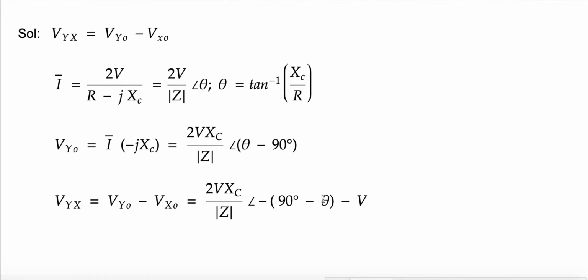Because this angle is positive. 90 minus theta is always positive. That is the reason why we converted this to a negative angle. Okay, so we can clearly see here the real part can be positive, can be negative, depending upon the relative values of these two. But the imaginary part is always negative. Okay, I hope it is right, because this angle is negative, the imaginary quantity is always negative, while the real quantity can be positive or negative.